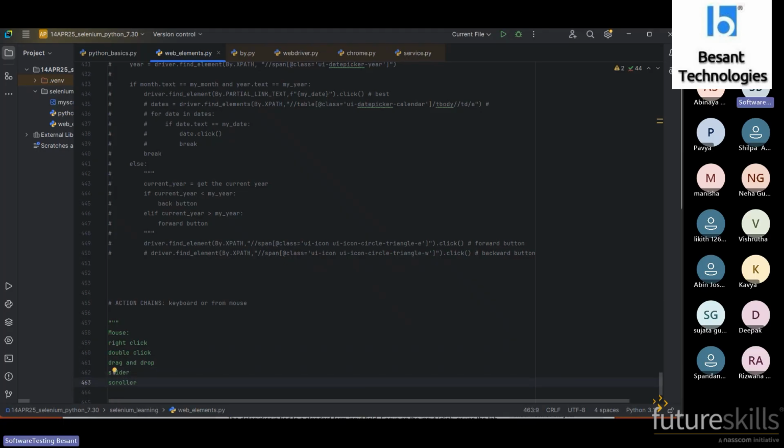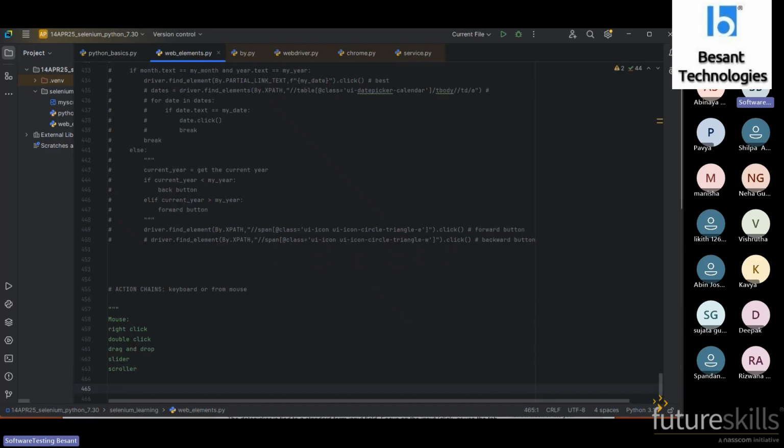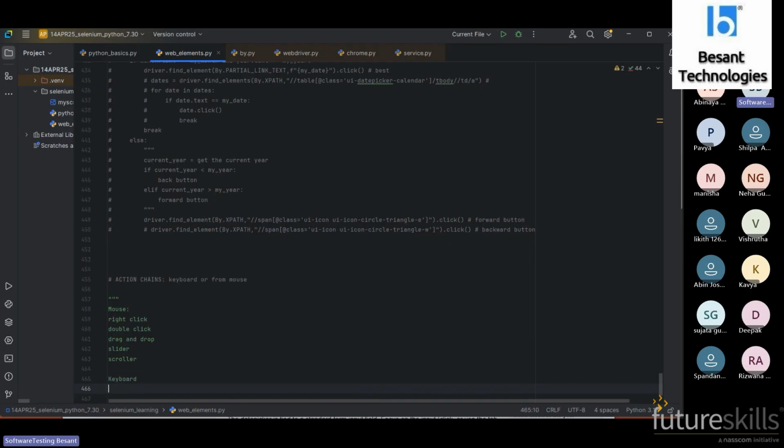These are the concepts we'll be seeing in the mouse, and then we will see the keyboard. From the keyboard, we will see only the shortcut keys. The same approach we can apply for all the keys.